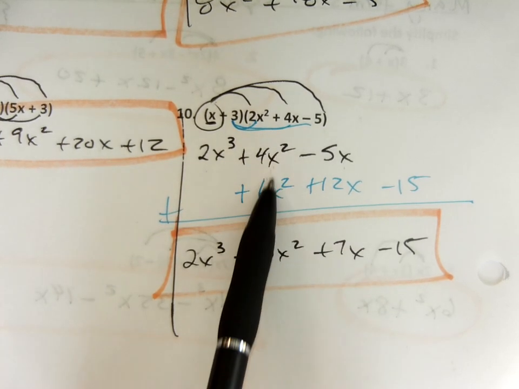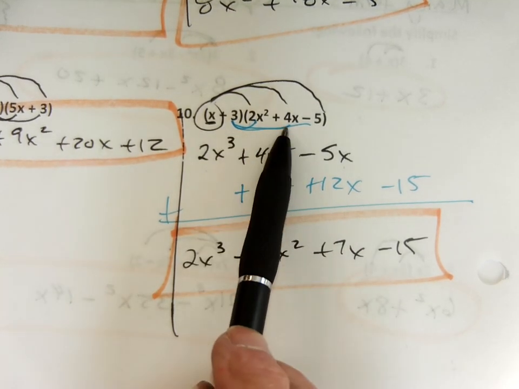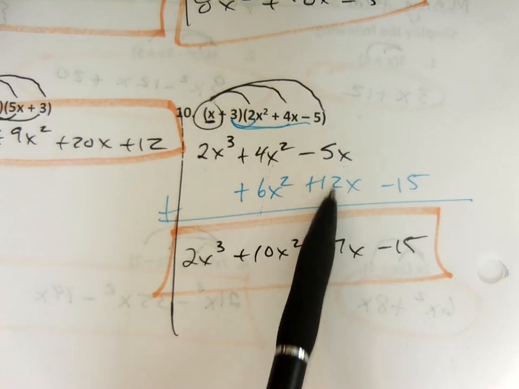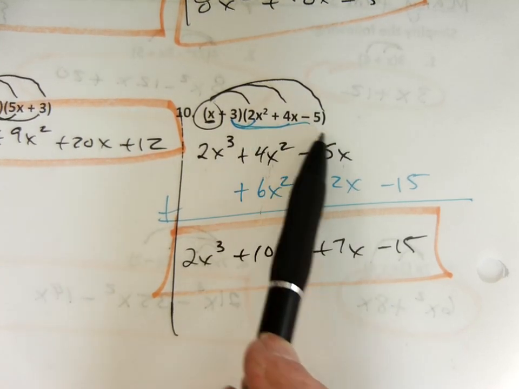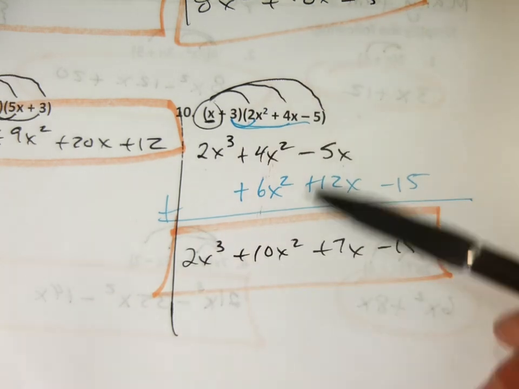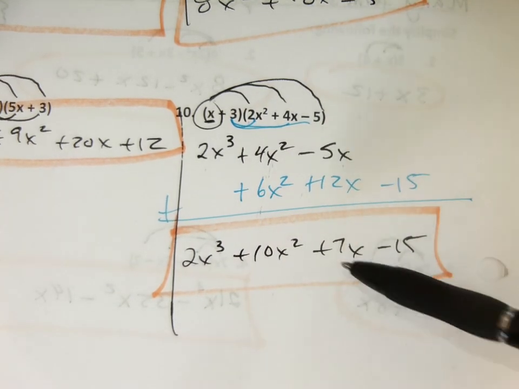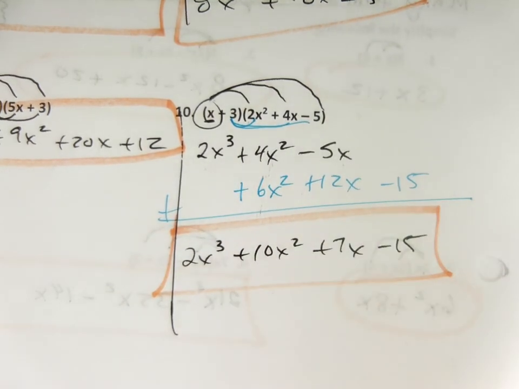I like to line them up. I like to line up because I'm going to add them. 3 times 4x is 12x. I like to line them up. And then 3 times 5 is negative 15. Then I can add straight down. 2x cubed, 10x squared, 7x minus 15. And that's all I can do. Okay, that's all I